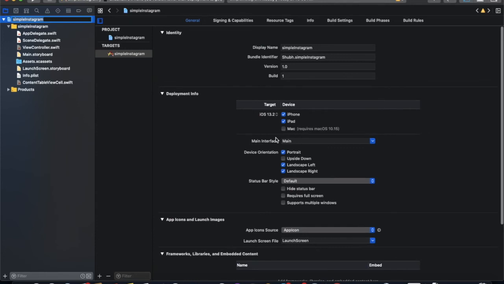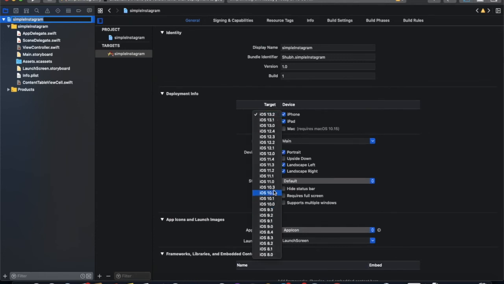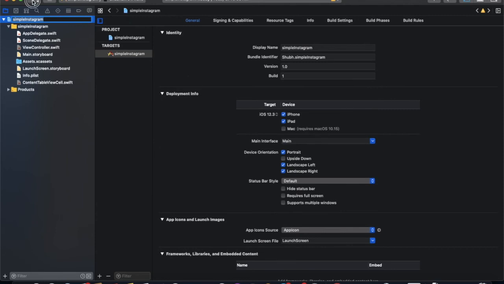No. For device, my device has a lower version, so you need to set it 12.3. You can't run it because camera is not on. Camera is not a part of simulator, so we need to use a device here.